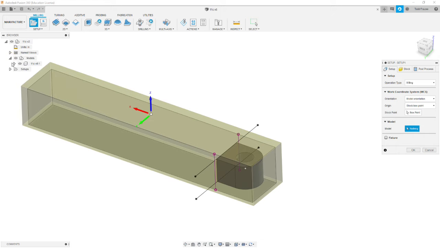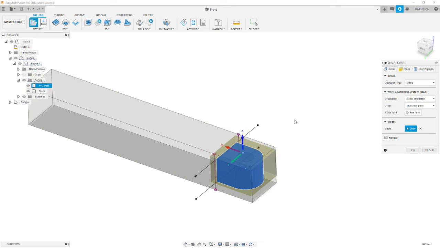And we're going to go over to models and expand the menu till you see the model, and then extend it till you see the two different bodies. So we should have the part and we have the stock. You're going to select your part on the browser tree, and that's why we needed to name these bodies, so we know which one's which. So we're going to select the 11C part,